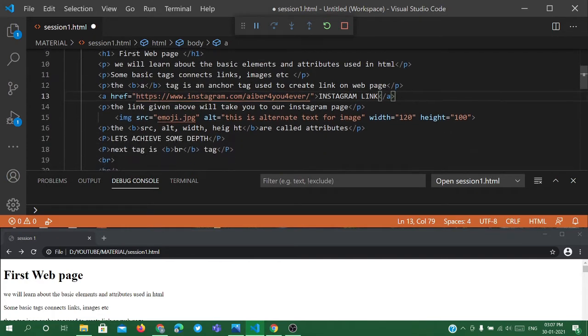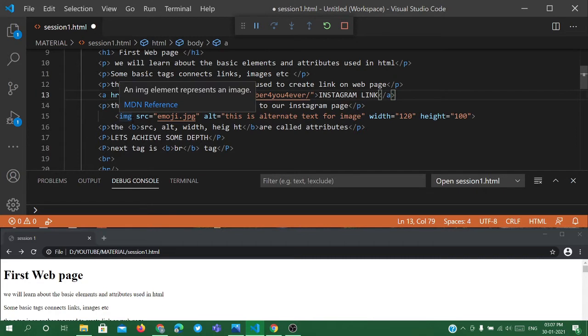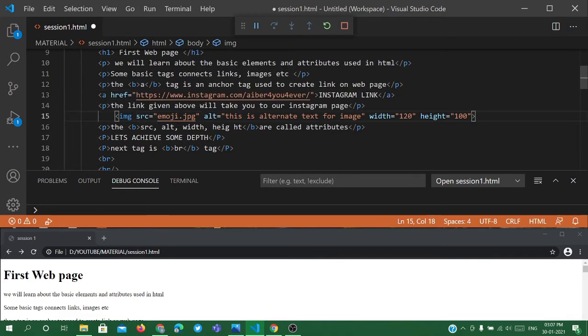Now next, there's an image tag, img. You can see here how to use an image tag. First you have to write img, defining the image tag in the angle brackets. This image tag doesn't consist of any end tag. It only consists of a start tag, and all the information inside it is provided through attributes. Now src here is again an attribute. This src attribute provides the target of the image. Like I have used the image emoji.jpg. Emoji.jpg is the image and it's covered in double quotes, and it's written in src